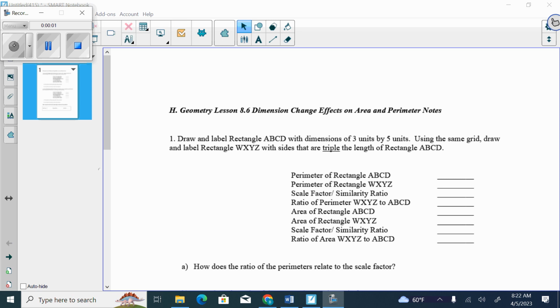to do with what happens whenever you change your dimensions. What does that do to your perimeter, and what does that do to your area? So we actually had a question back on, I believe it was 8.1 day 2,